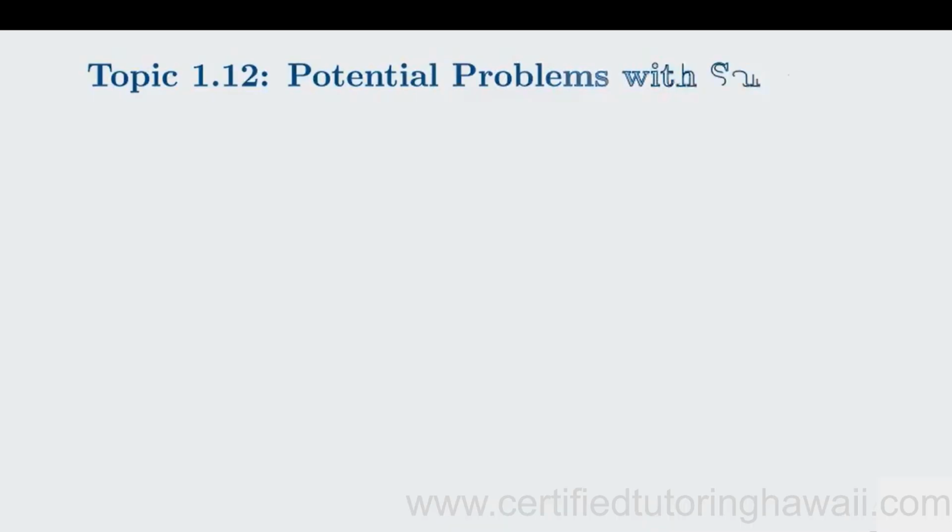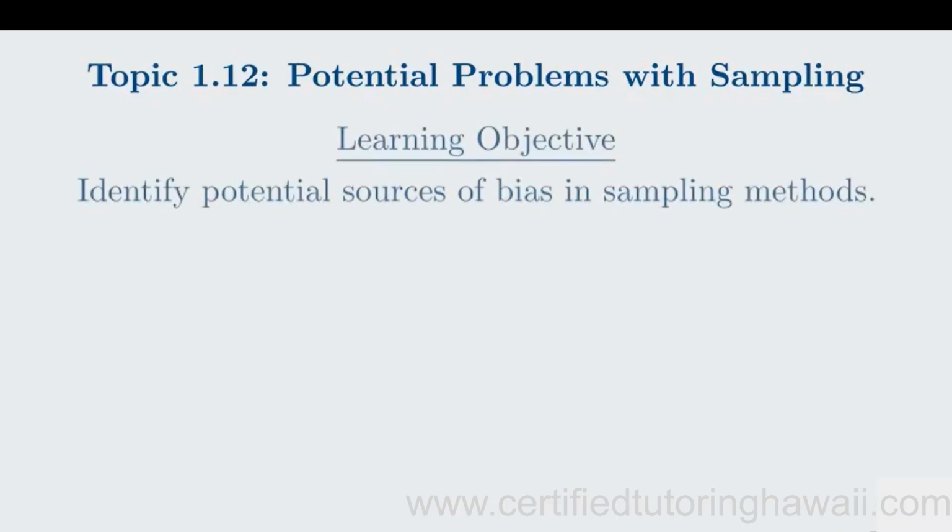Welcome to AP Statistics. Today we are exploring Topic 1.12, Potential Problems with Sampling. Our learning objective is to identify potential sources of bias in sampling methods. By the end of this lesson, you will be able to identify various sources of bias that can occur when we collect data. Understanding these pitfalls is crucial because even the most advanced statistical analysis cannot fix a sample that